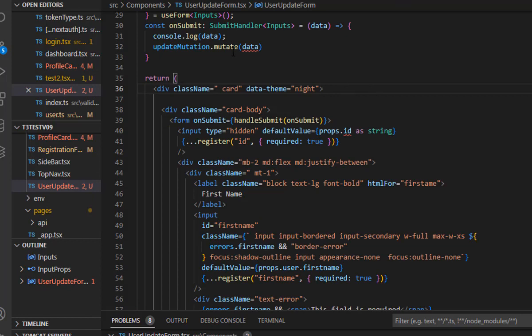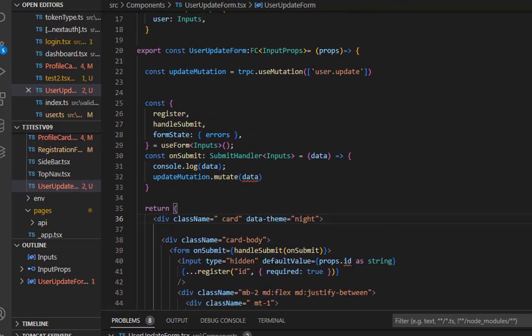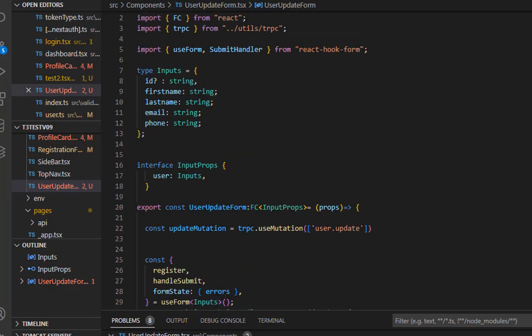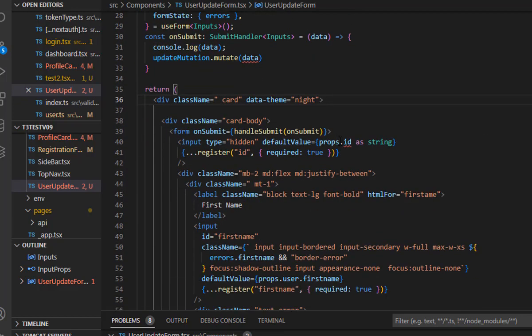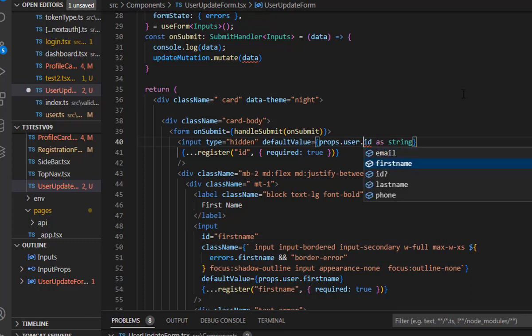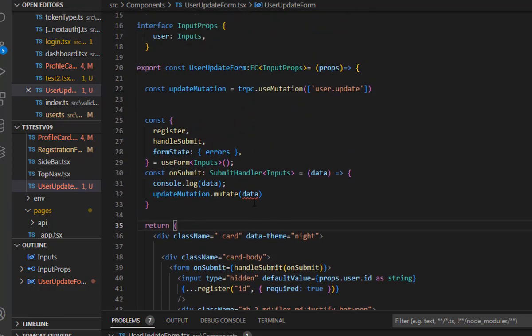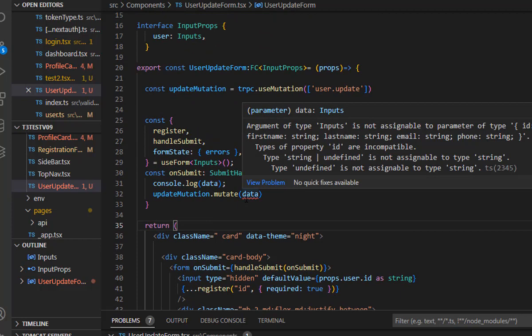Yes. The data, props, input props.user, props.user.id. So user.id, this one. Cool. So now we have an ID, and for the mutation,